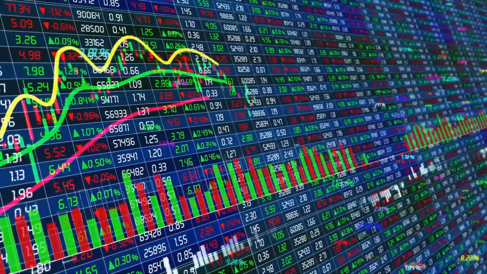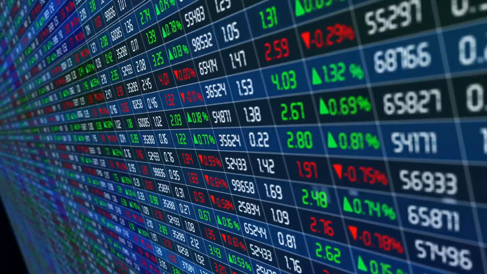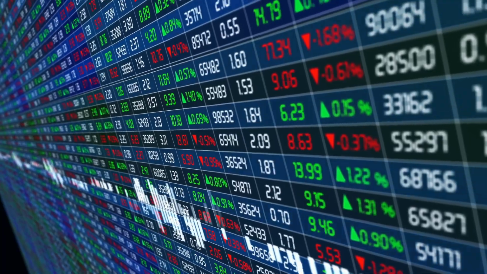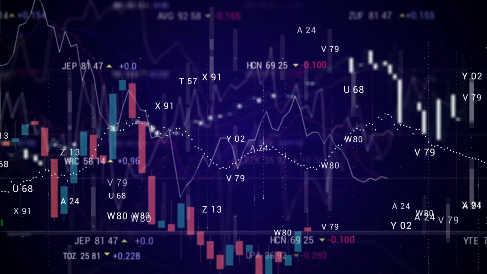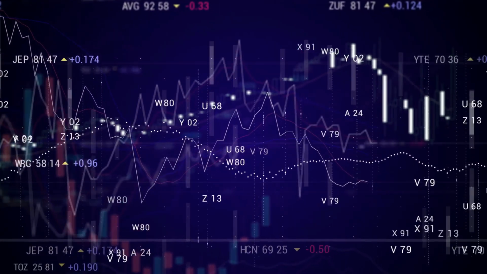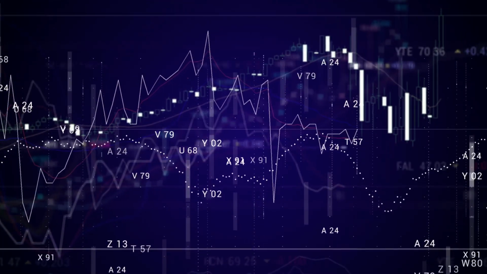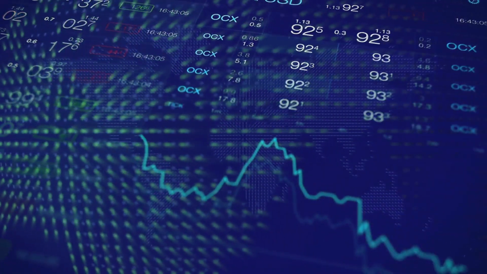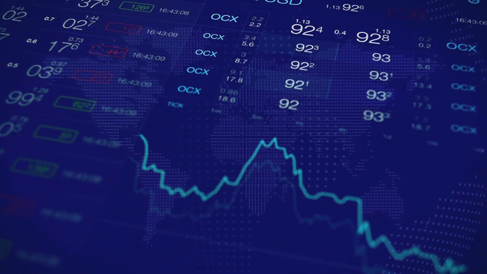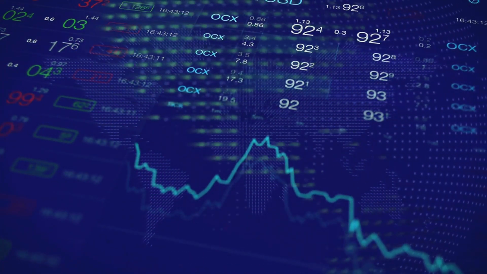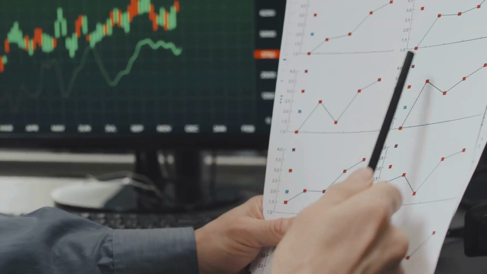There are several factors that impact how an option is priced. The three most important are the price of the underlying, time to expiration, and implied volatility. It's important for option traders to understand options pricing. After all, if you don't know how your trade might make or lose money, how can you describe your results